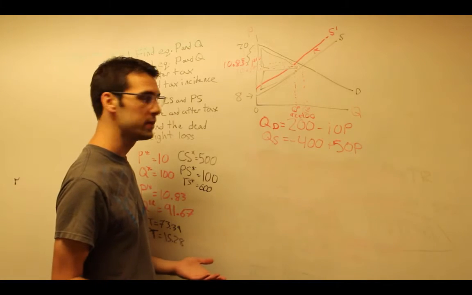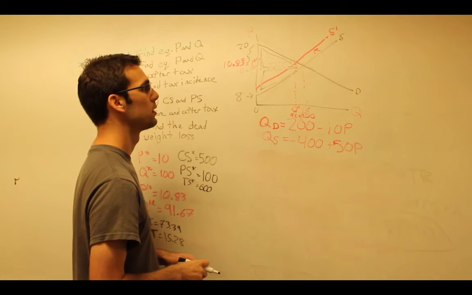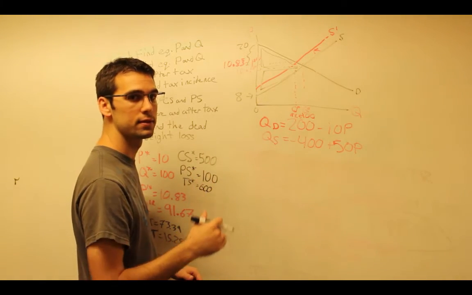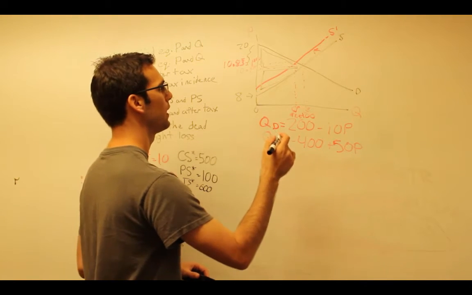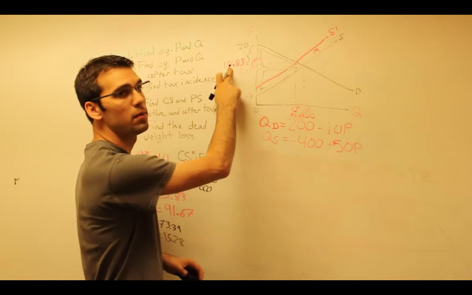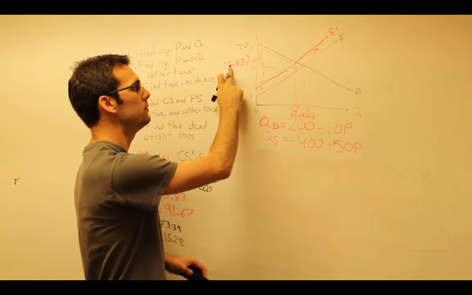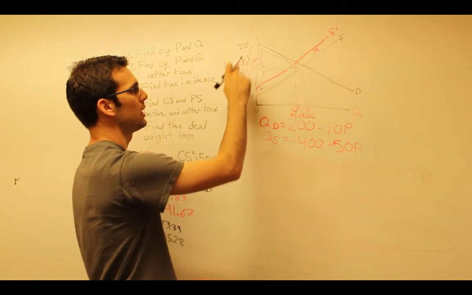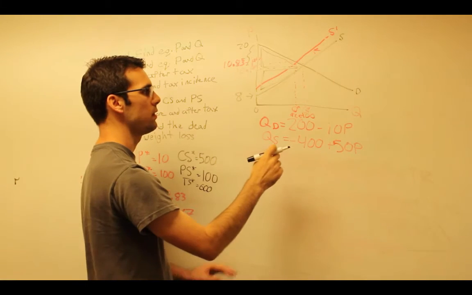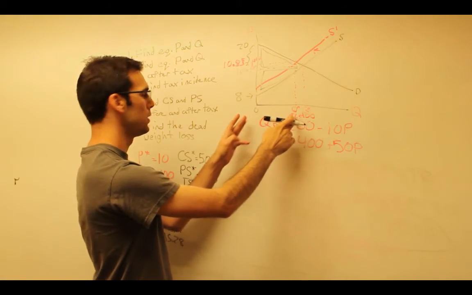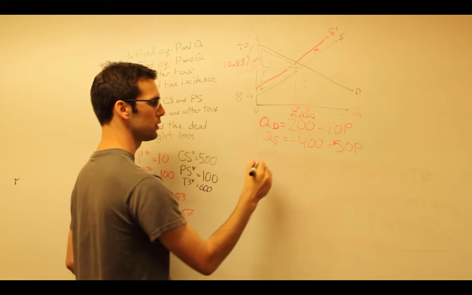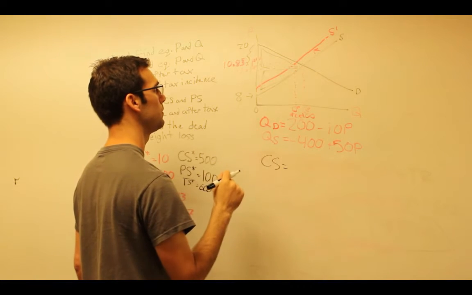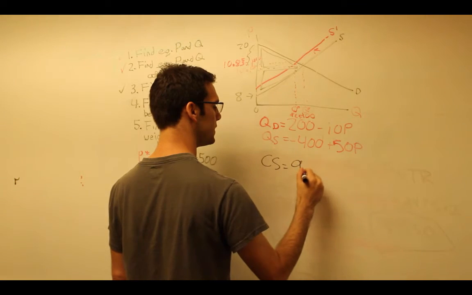Now it's the same process once again for the producer and consumer surplus after the tax, okay? So once again, the price line now is 10.83. The demand curve hasn't shifted, so the height is 20 minus 10.83, and the quantity has changed to 91.67. So the consumer surplus equals this height, which is 20 minus 10.83, which is going to be 10.17,